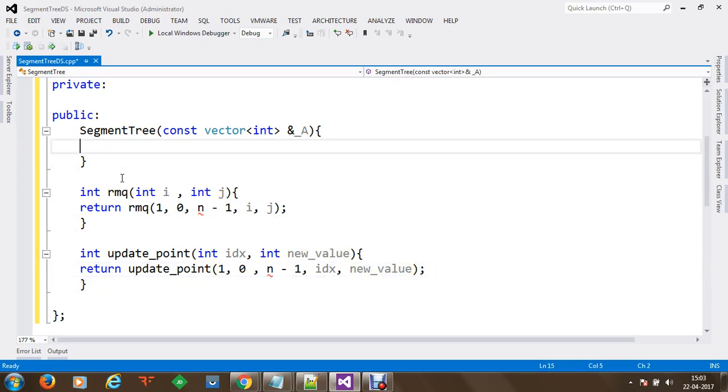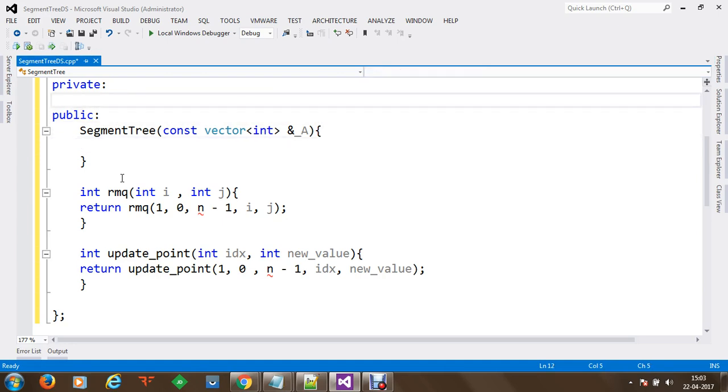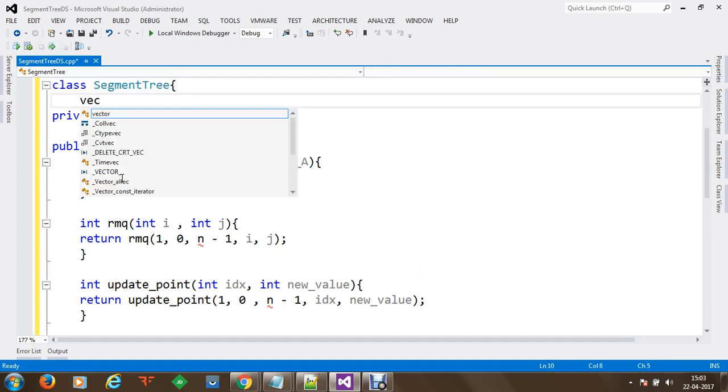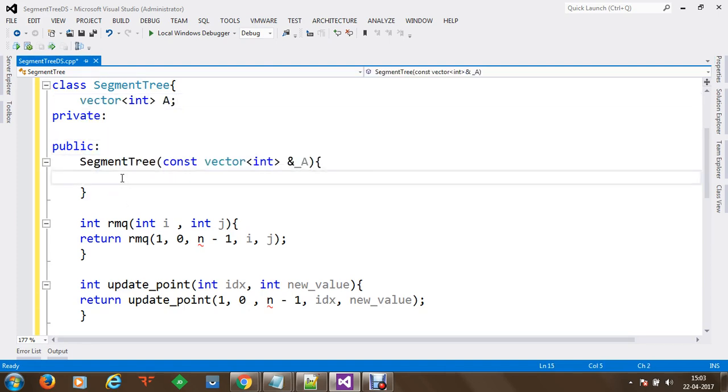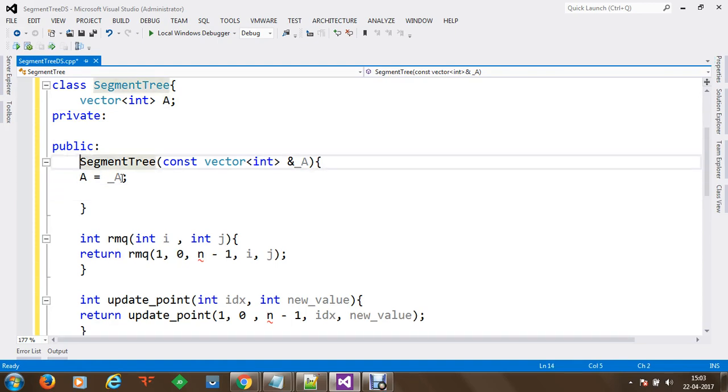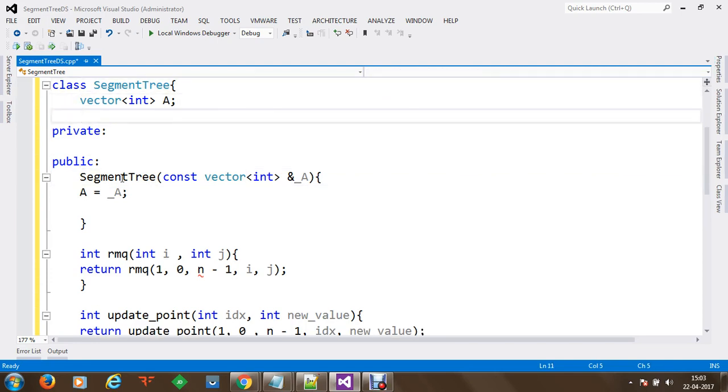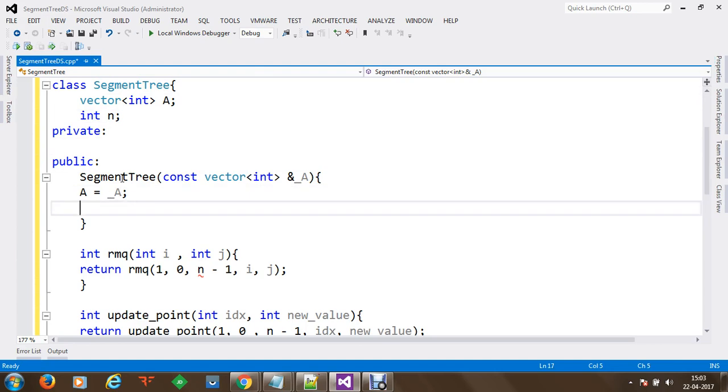Now next, we have to build the segment tree. In order to build a segment tree, we need to have a build method, so let's get started. We want to create a public vector, an integer vector a, and this vector a is going to hold the values here for us. I'm going to store the values from the received constructor. Once the values have been stored, we want to get the size of the vector which we have received. So we are going to create an integer n, and within this integer n we are going to get the size of the vector.